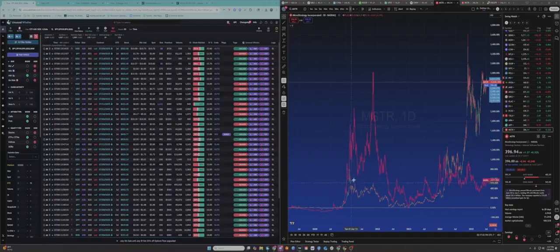So MSTR put in roughly the same pattern that it's putting in right here, almost exactly. And by that point, Mara was already outperforming MSTR in that 2020-2021 cycle. So who knows, if history tracked, that could happen here. I probably wouldn't bank on it.